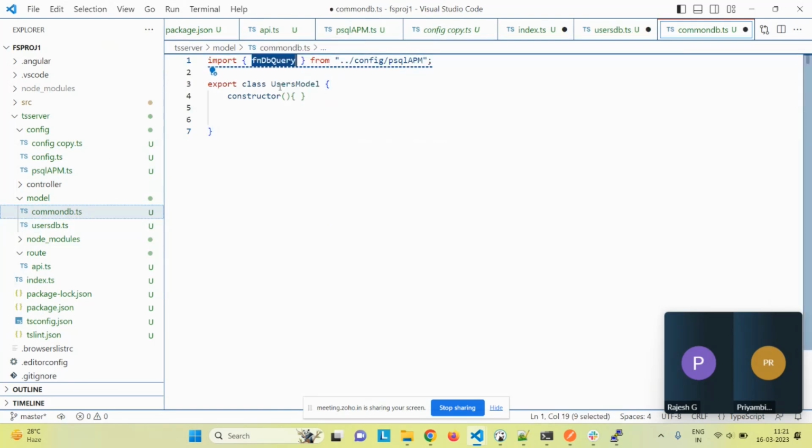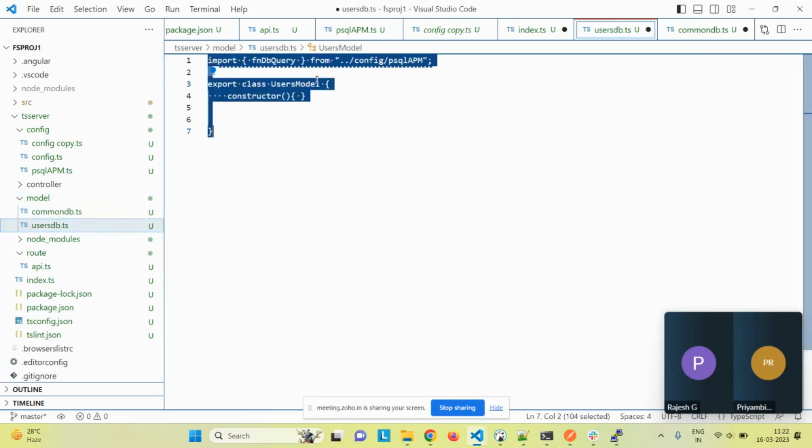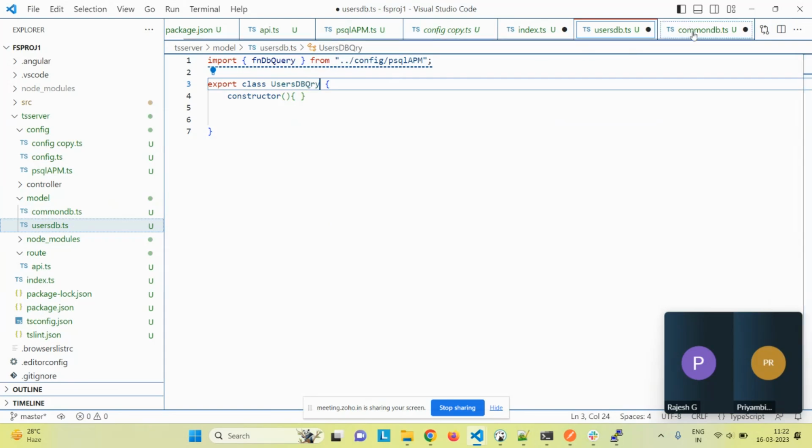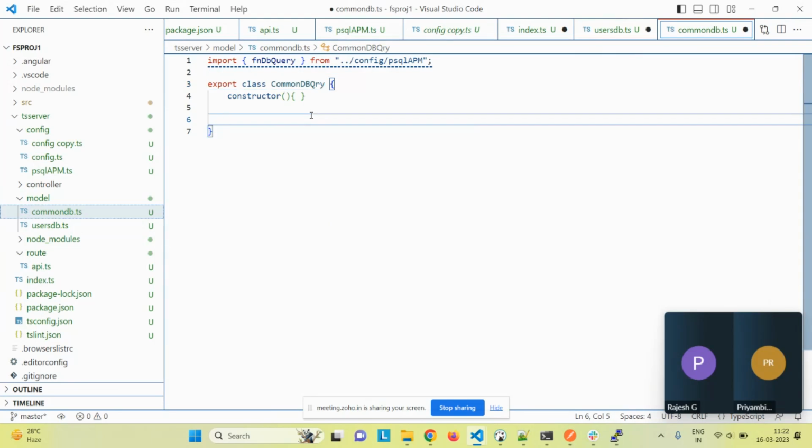So I have that fnQuery. Instead of users model, I call it common. You can use common DB as well: common DB query. You can rename here users DB, users DB model. Instead of model, I can say DB query. The name is purely your suggestion, your decision. So in common DB, I want to create checkDB. Please remember,